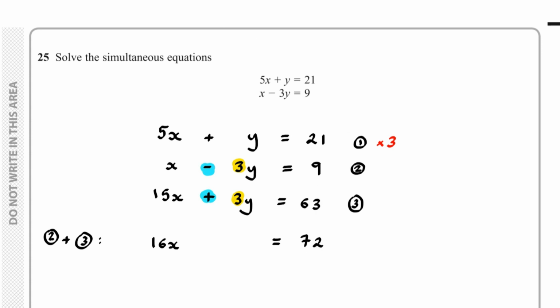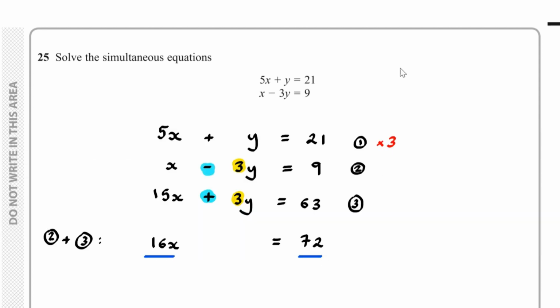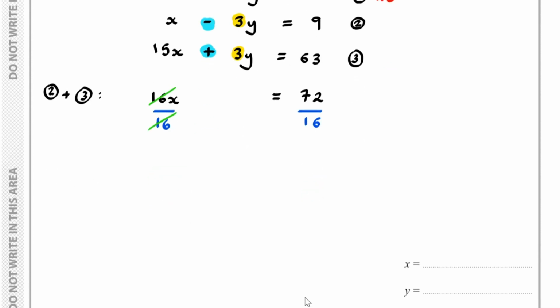And now, if we divide both sides by 16, what we will be left with is x equals 72 over 16,